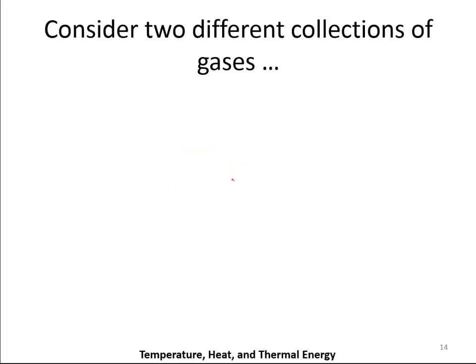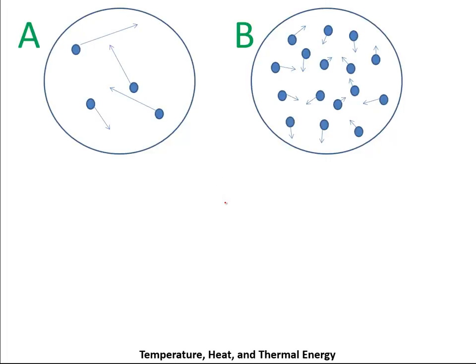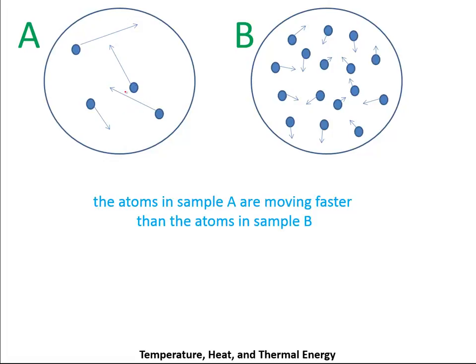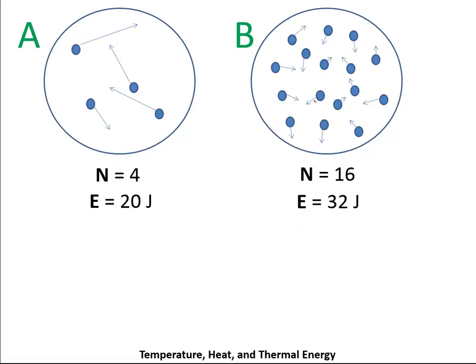Finally, let's take a look at a simple scenario that will hopefully bring all three of these concepts together for you. So consider these two samples of a gas. In the container on the left, sample A, the atoms are moving faster than the atoms in sample B. And you can see that there are 4 atoms in the A sample, whereas there's 16 atoms in the sample